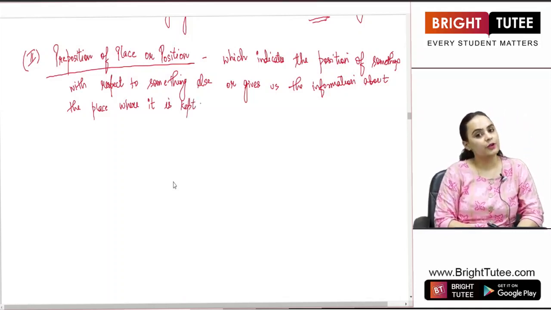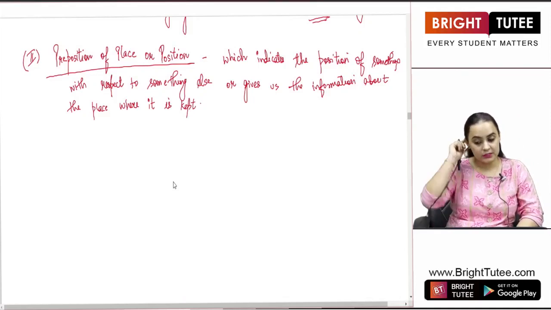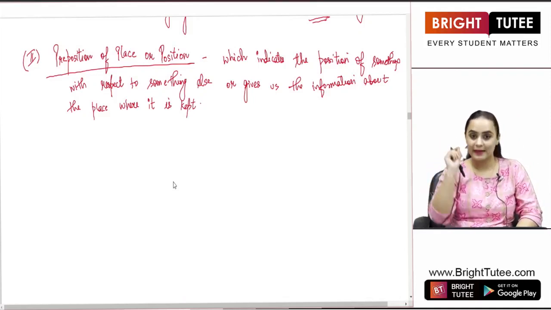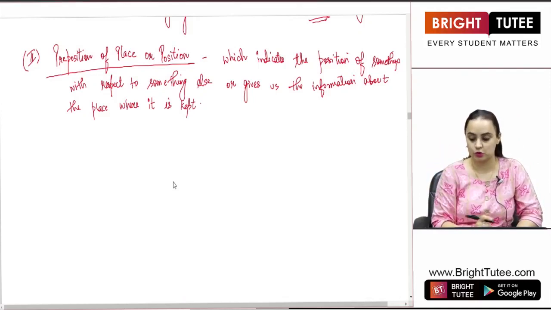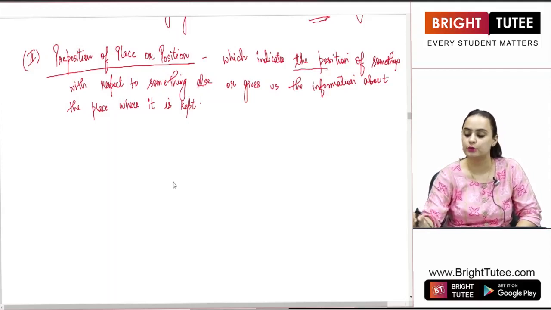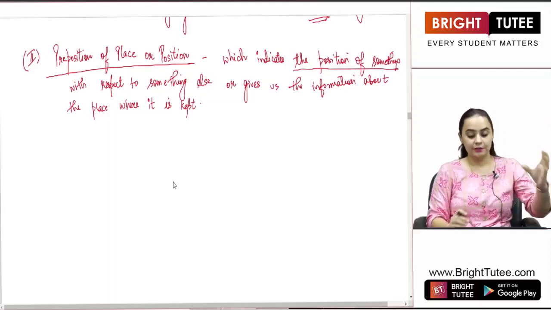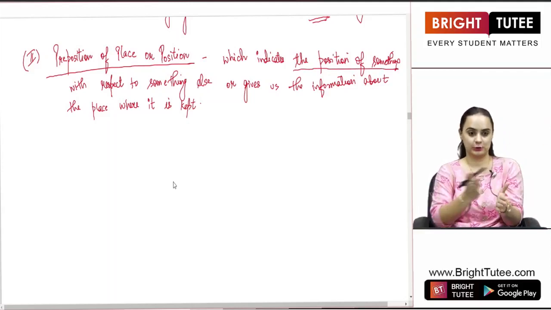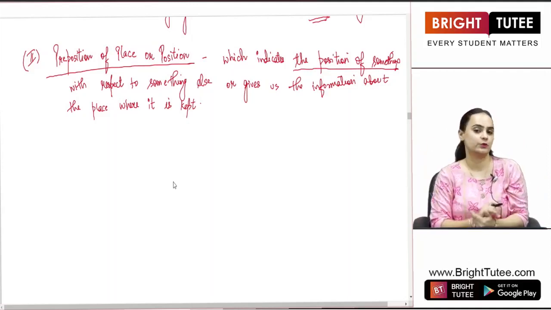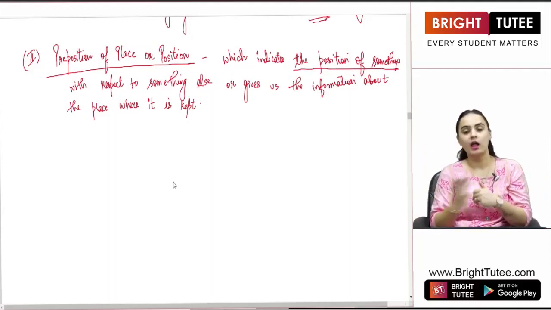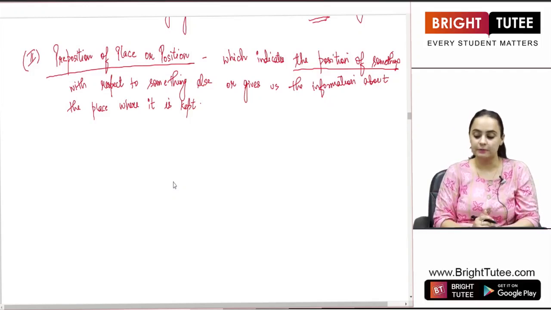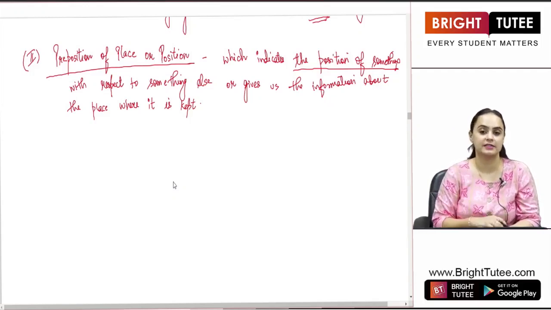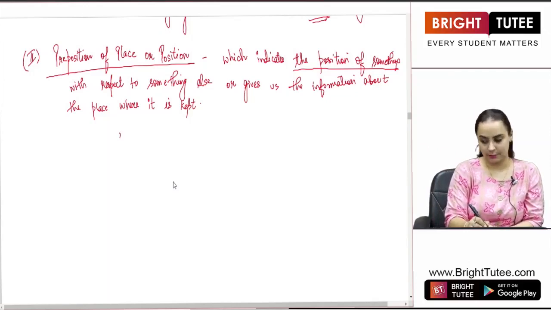So preposition of place is that preposition which tells us about the position of something with respect to something else. So it is always connected with something else, or it also tells us the information about where something is kept. For example,